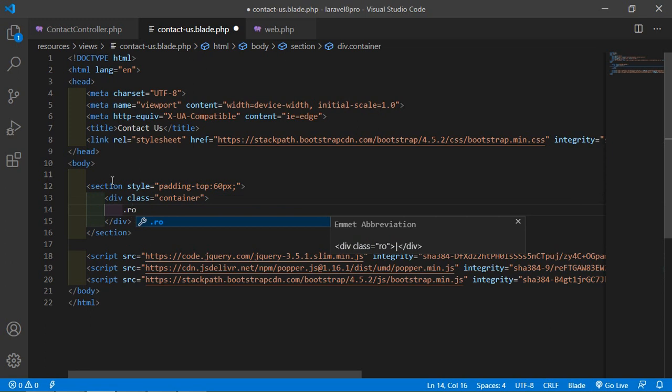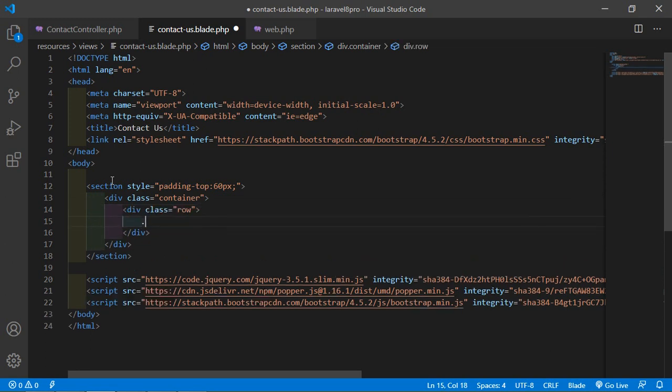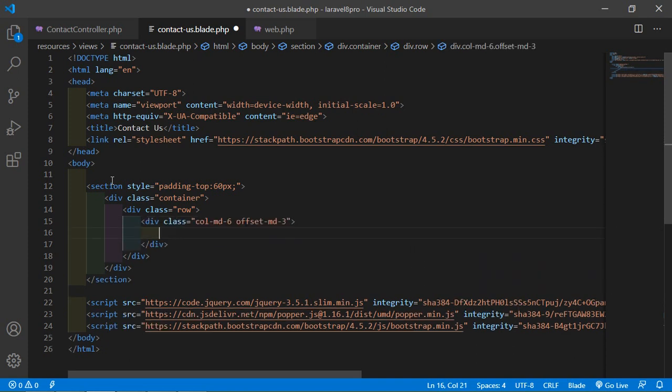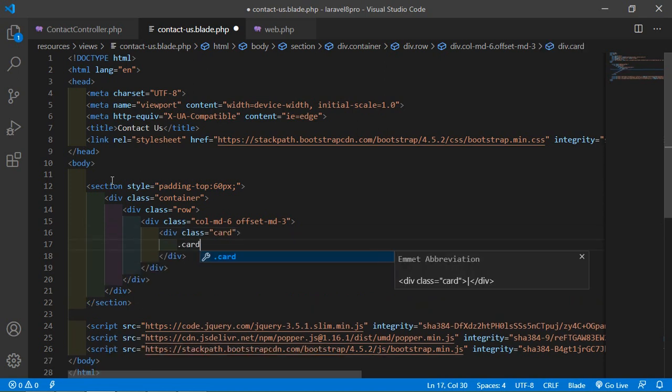Okay, then row, then column, col-md-6, add an offset here. So just write offset-md-3. Okay, and inside this just add a card, then card-header.